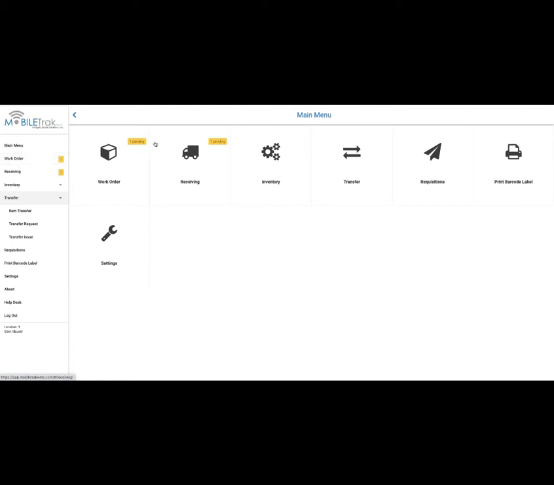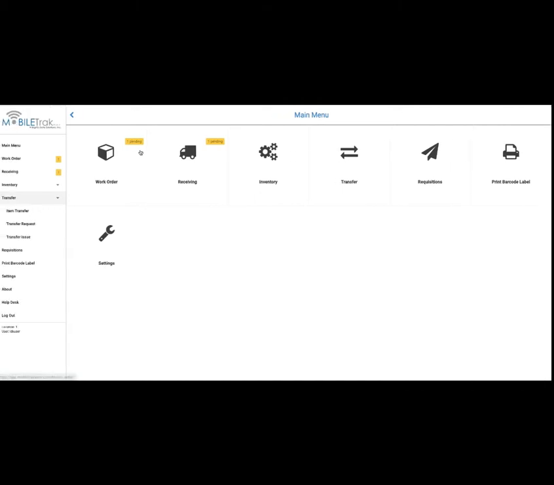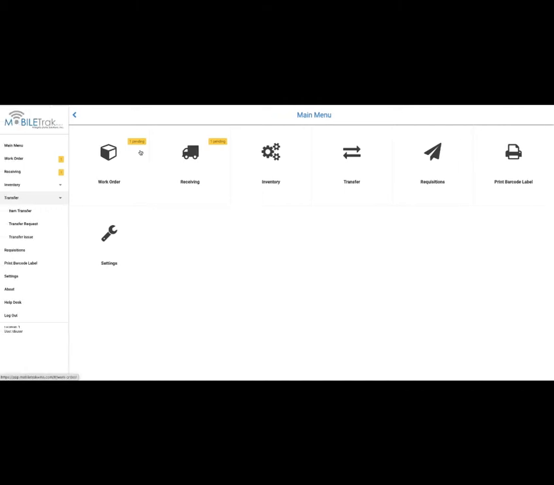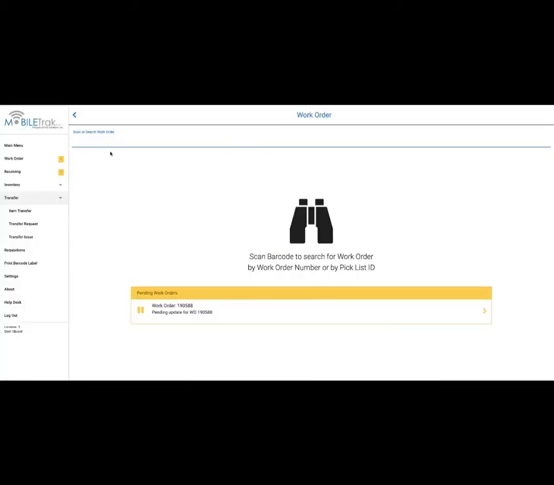You notice that I have a notification tag that is letting me know that I have a pending job within MOBILETrak. So if I click on this work order icon, it'll bring you to the main work order or job release screen. Now here there's a couple of things that you see. One, that orange or amber notification tag that was on our main menu shows up here as a pending work